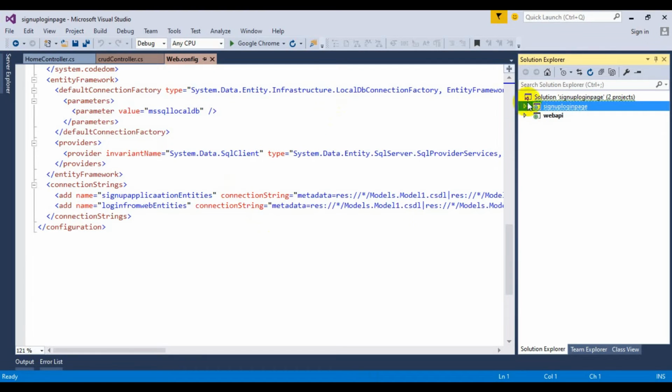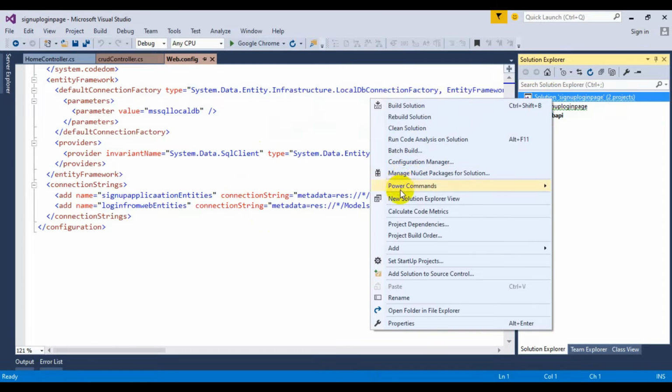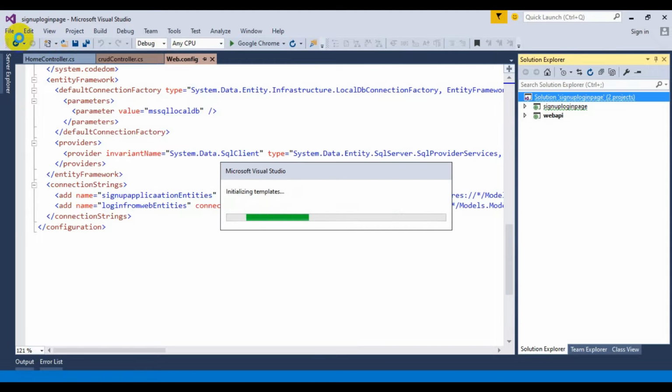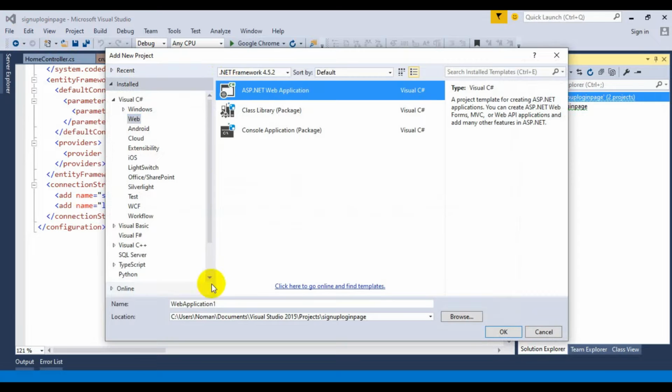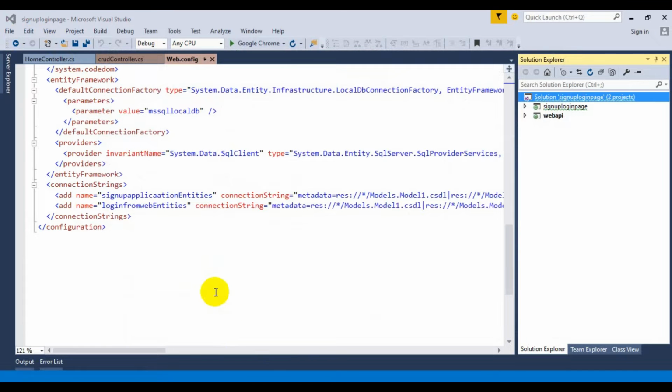This is my last project that I have created, a Web API with a sign up and login page. I am going to create the same project in this application. So first of all, I'm going to add another new project. If you want to create a project from scratch, you can go to File and select New Project, then select Web Application, set the name of the web application and click OK.